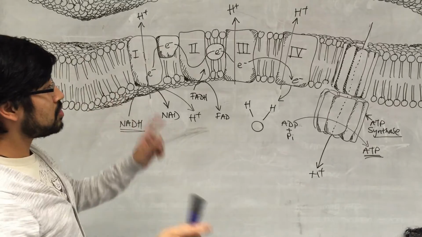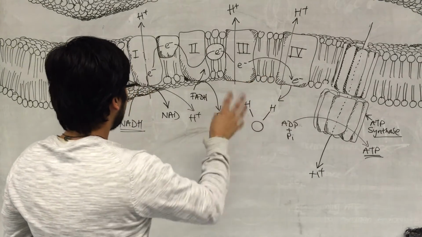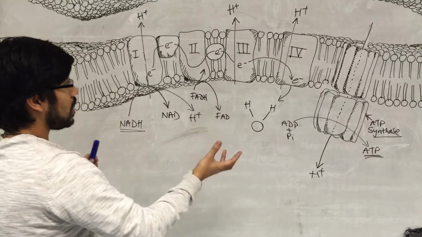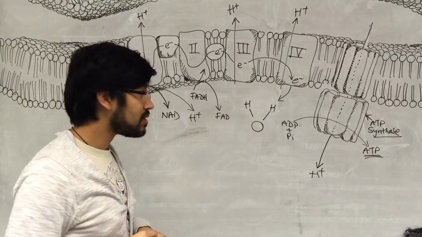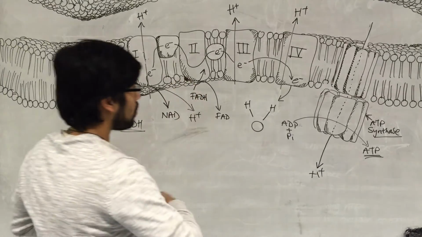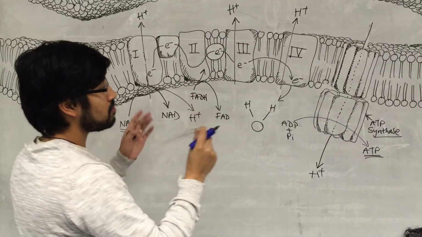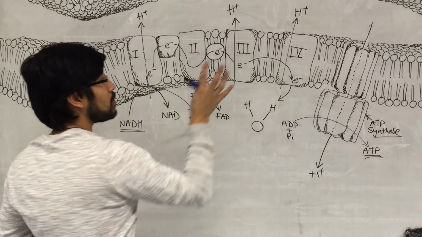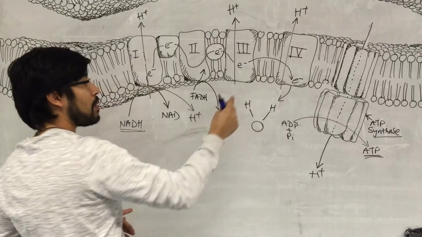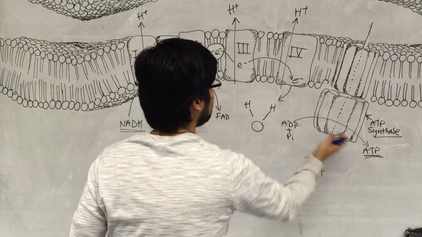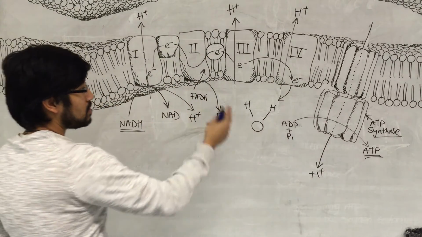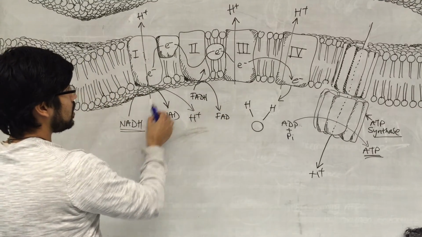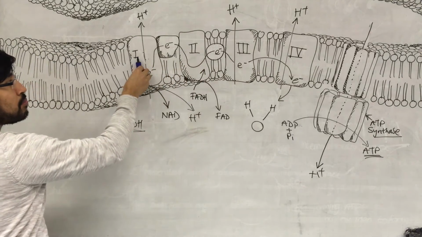Right then. Importantly, if this chain stops, how does it affect the previous processes? Well, if this chain stops for any reason, and some inhibitors are inhibitors of these electron carriers, they will prevent electrons from moving, and if that happens, we've already seen the consequence on ATP production. But also, if you stop this process, if the electrons back up all the way to this point right here,